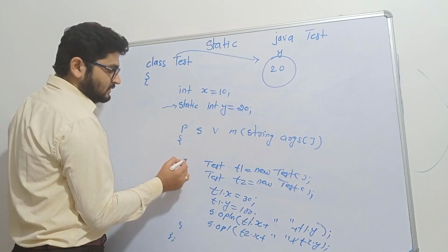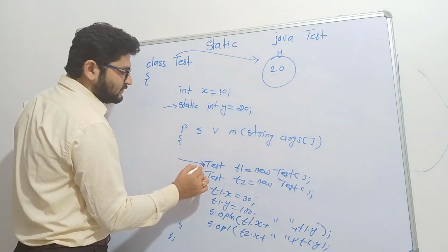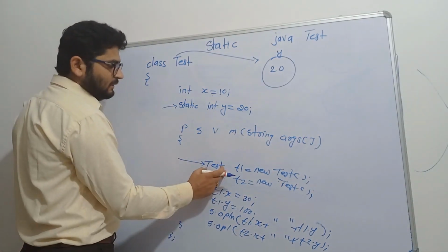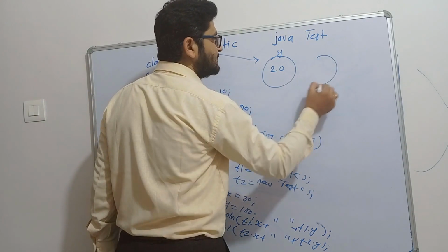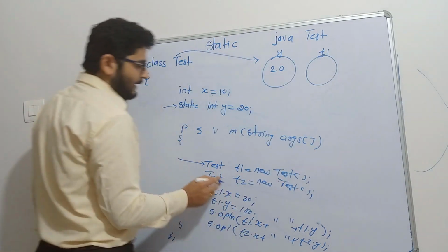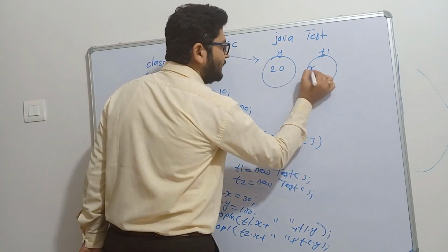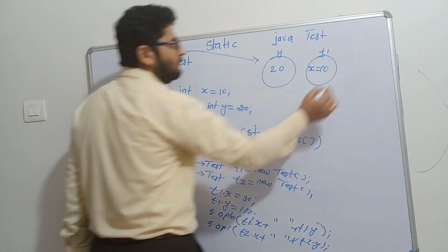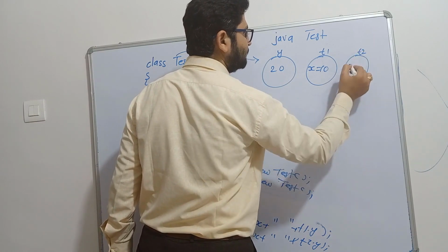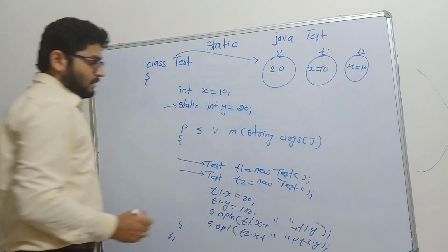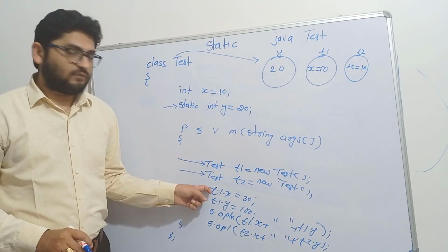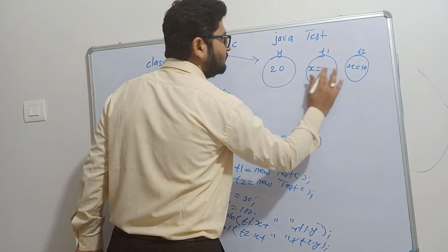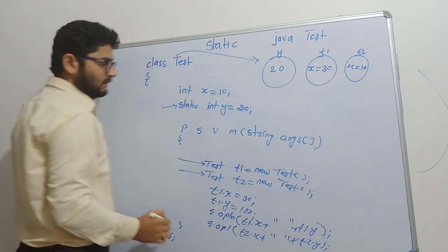Now I am going to create this object, because after this the first line will be executed. So t1 will be created, which is nothing but the object of this Test, and it is going to have x equal to 10. After that, again t2 will be created with x equal to 10. Now I have changed the value of x of t1, so that is equal to 30. So here the value of x will become 30.